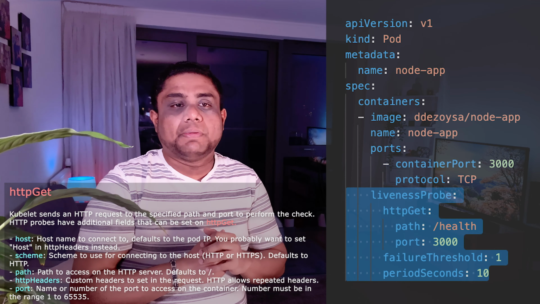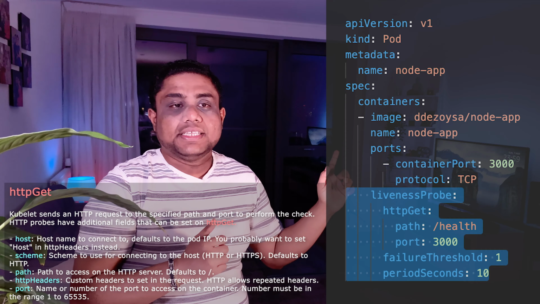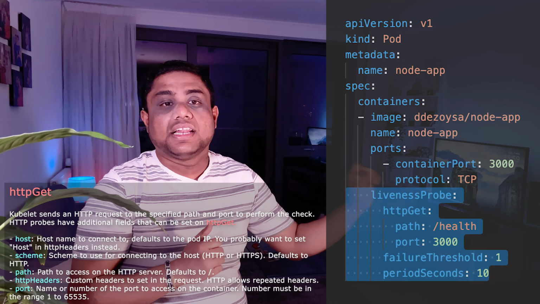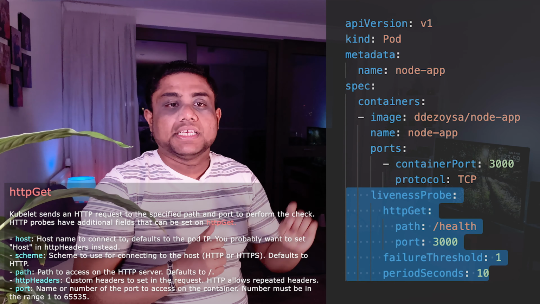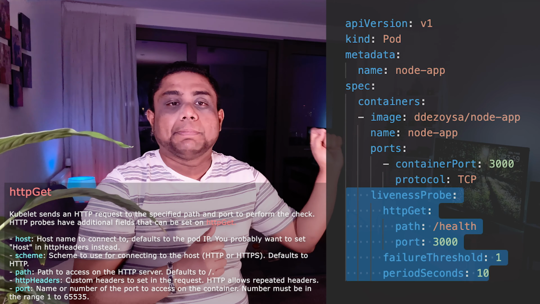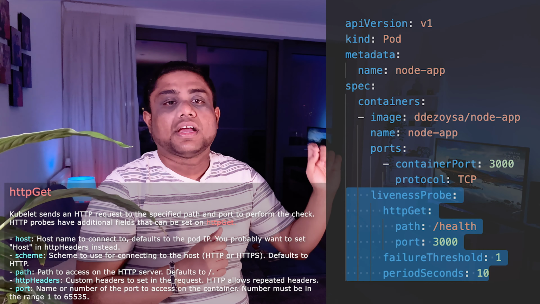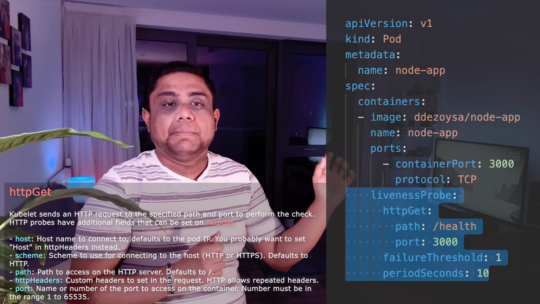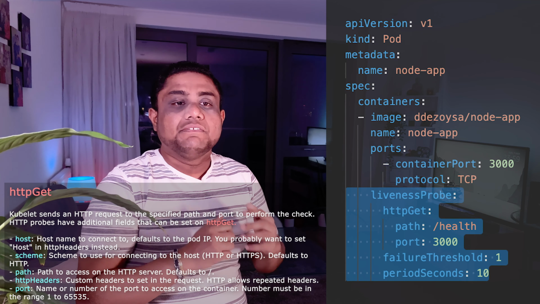Here is an example for the HTTP request-based Liveness probe. You can see that in the example, the Liveness probe is defined for the containers under the livenessProbe section. If the Liveness probe type is based on an HTTP request, you can define it under httpGet. Provide the health check endpoint path as well as the port afterwards. In this example, I have a health check API endpoint which responds with a 200 HTTP response, which is used to